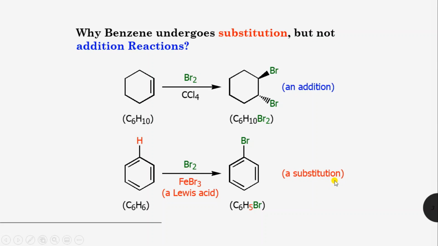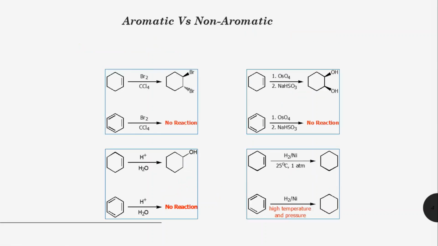On the very next slide, slide number 4, you can see that a few other examples have been given where aromatic rings have been compared with non-aromatic rings. Two different types of reactions happen. What happens to the non-aromatic rings can never be expected to happen to the aromatic rings. You can see the first example, where cyclohexene is going to react with osmium tetraoxide in the presence of sodium bisulfite.